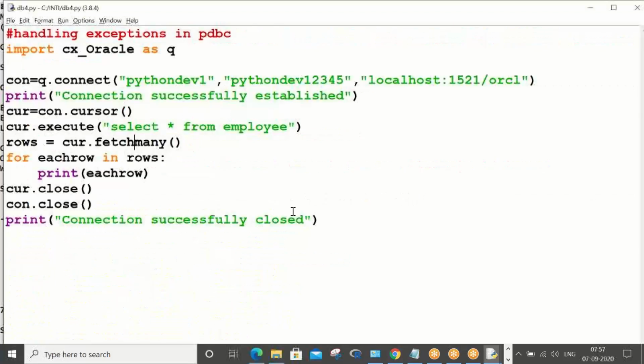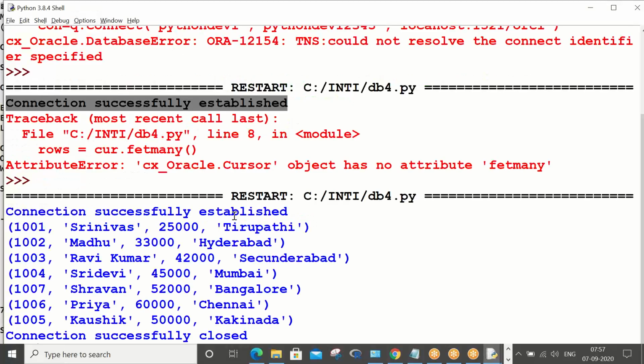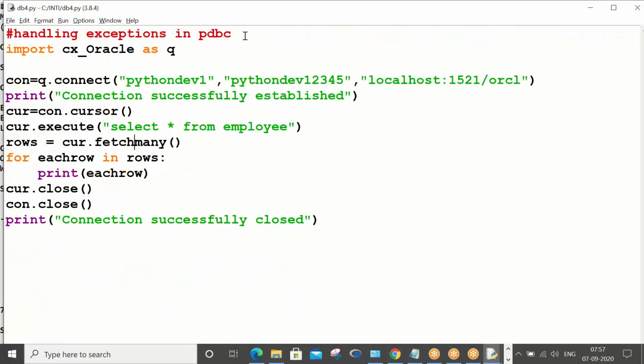Okay, so now what I will do is, take this program and output, say it's like version 1. Or else you just do one thing: change the table name to employee.